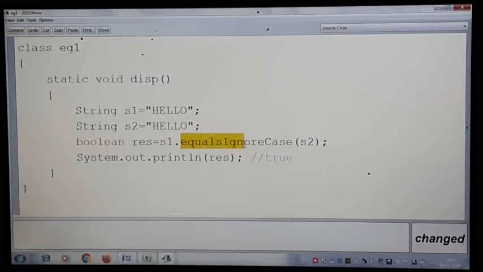There are three words here: equals, ignore, case. So the first word is in lowercase, then for the subsequent word, the first letter I is capital, then one more word, case, C is capital. You all can make out.